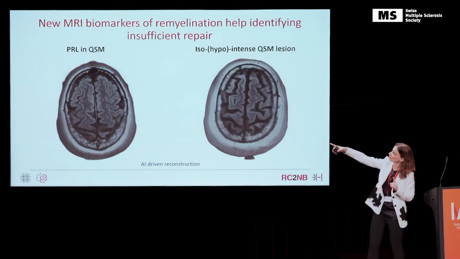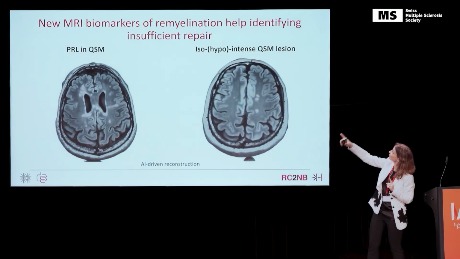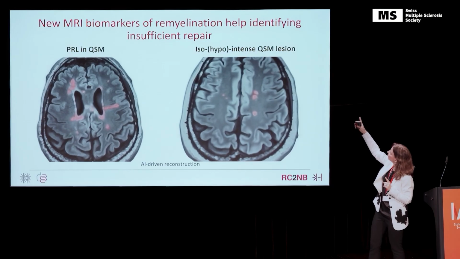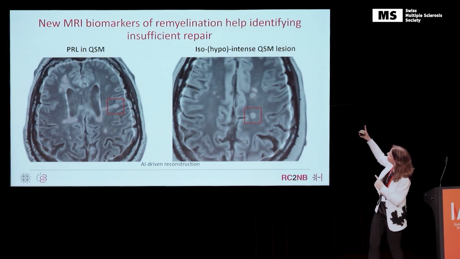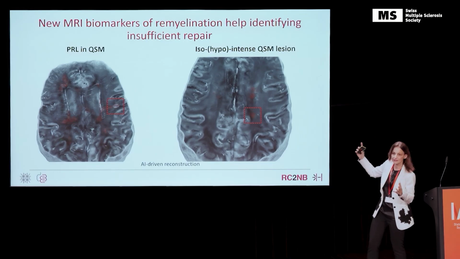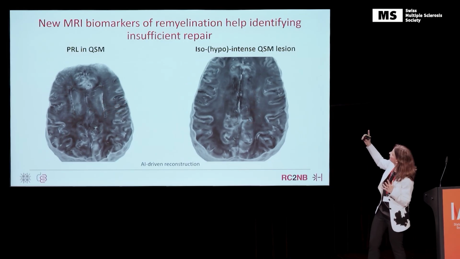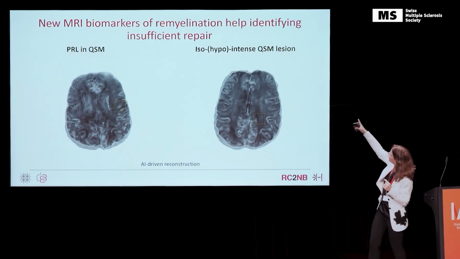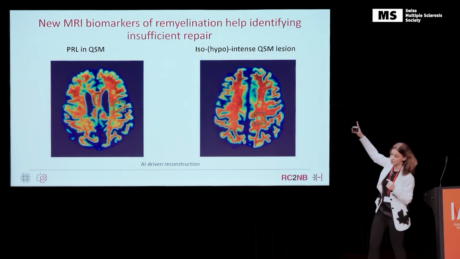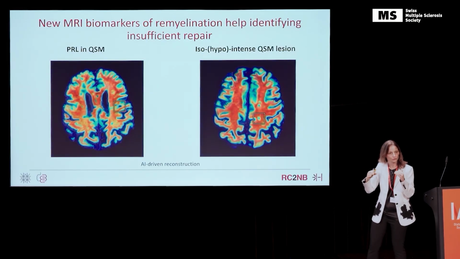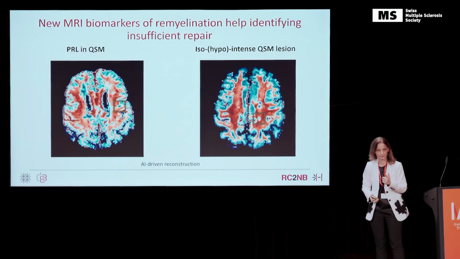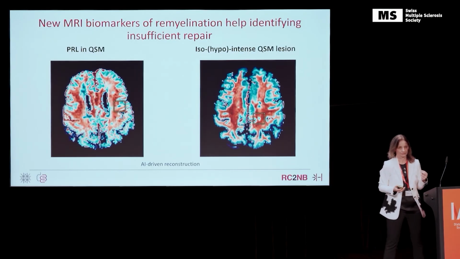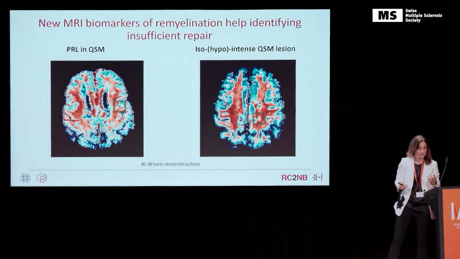Voila. So this is what we know we have already seen with the bad lesions, and this is another brain where I want you to focus on another lesion, the red one. If you look at the QSM map, we don't see it. It's iso-intense. And now if you look at the myelin map, you see that it's greenish, it's not as bluish as before. So the myelin content is less, but not too much less. And the same holds true for the axon content. This observation let us investigate these lesions.